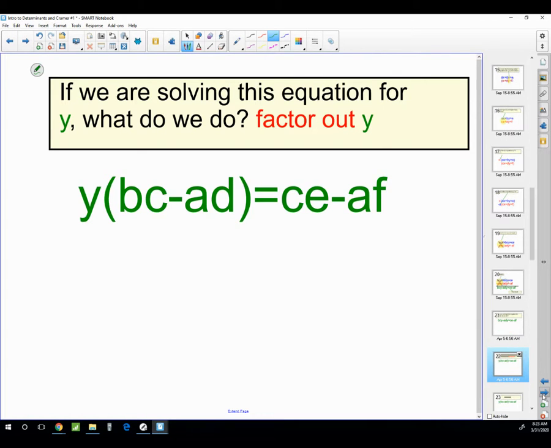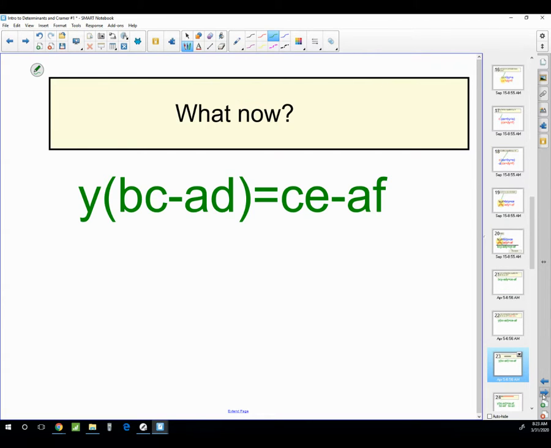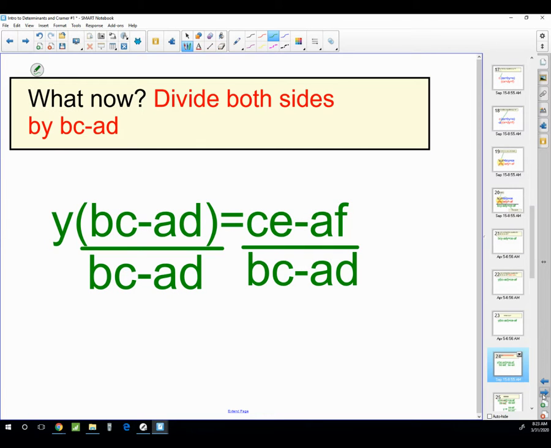Well, we would factor out a y. But y is the GCF. And keep in mind, we're trying to solve for y. And then we divide both sides by, what now? Divide both sides by BC minus AD. Okay, this cancels that. And then if we take this result right here and compare it to the original equations,